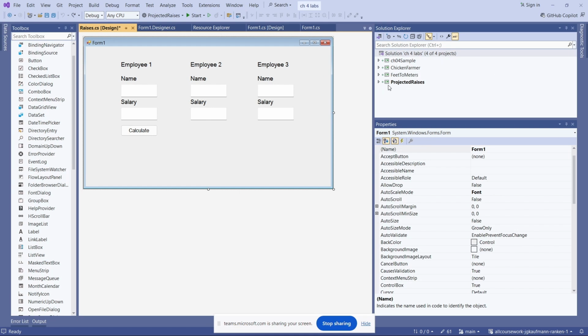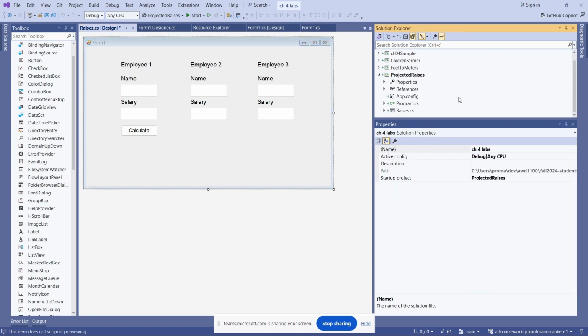So like here, I've got this projected raises, right? So here, I actually went ahead and changed your form, right? It'll be the little one that looks like a form, the little square thing. By default, it's always going to be named like this, right? So what's kind of best to do, especially because